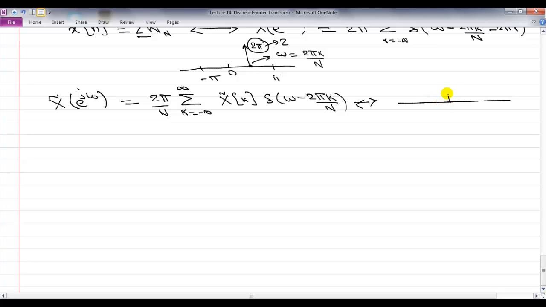At 0, I have an impulse with the area of 2 pi over n x tilde of 0. Right? I have an impulse at 2 pi over n with an area of 2 pi over n x tilde of 1. Okay, and of course it can go negative if x tilde of 1 is negative. I have one here at minus 2 pi over n, right, and so forth. Okay,